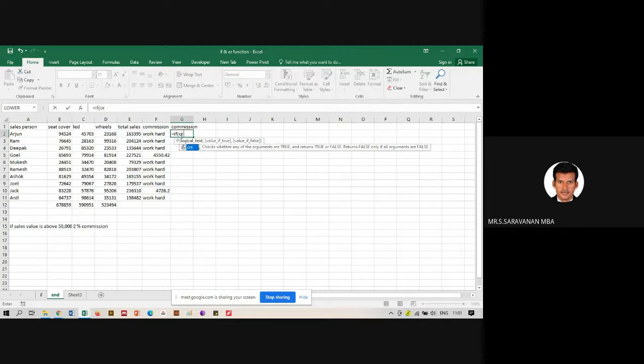OR, open, click here, greater than or equal to 50,000, comma, second, greater than or equal to 50,000, comma, third, greater than or equal to 50,000.